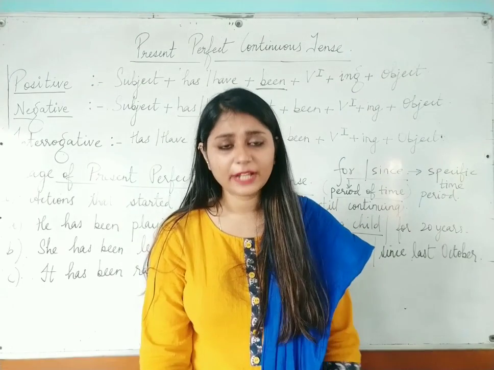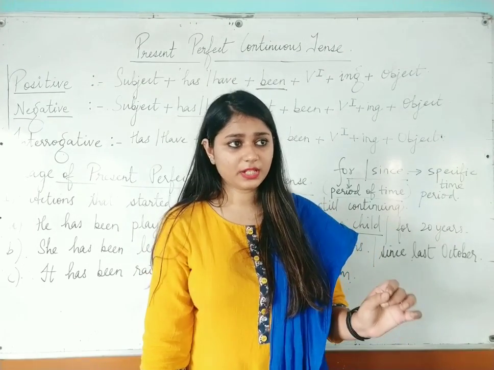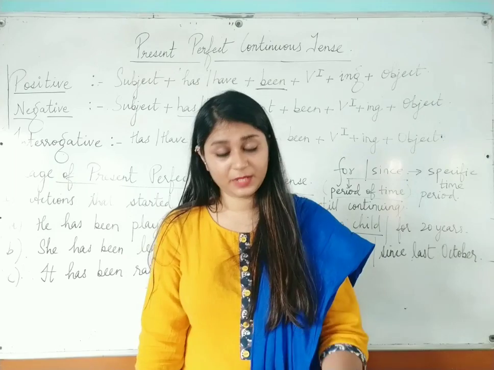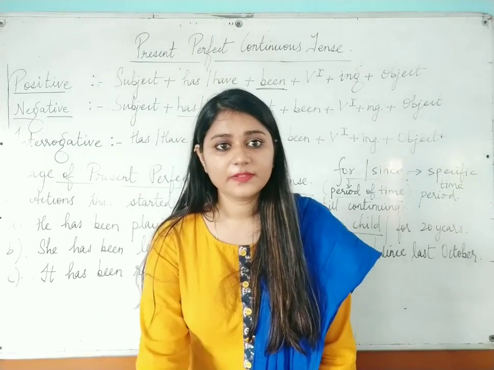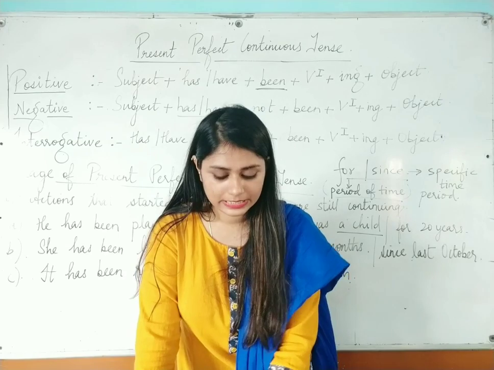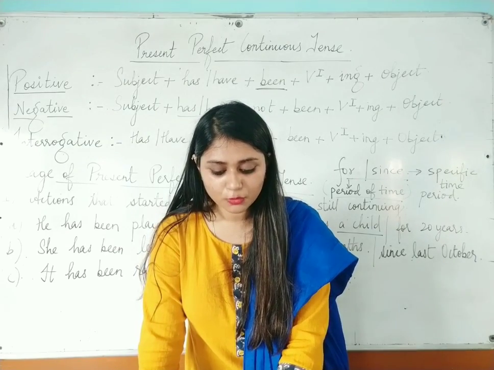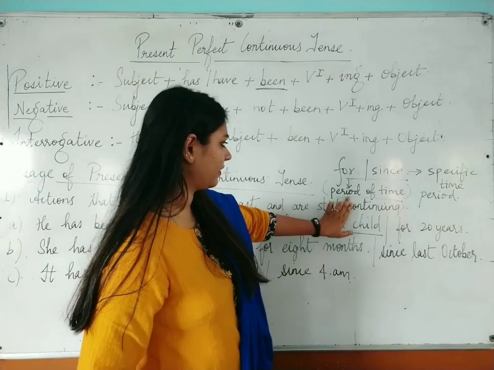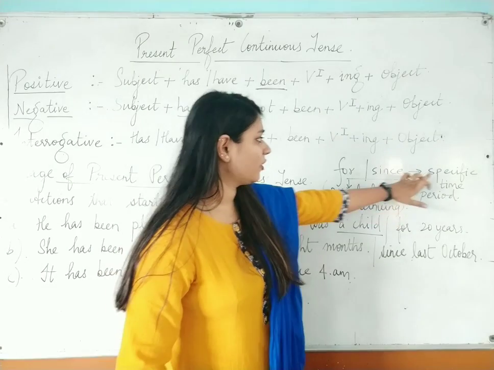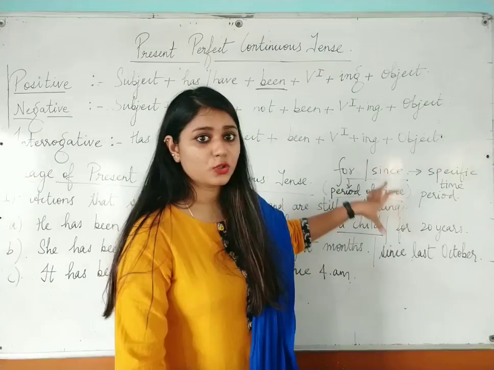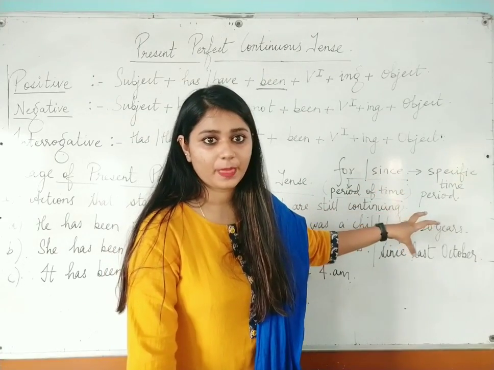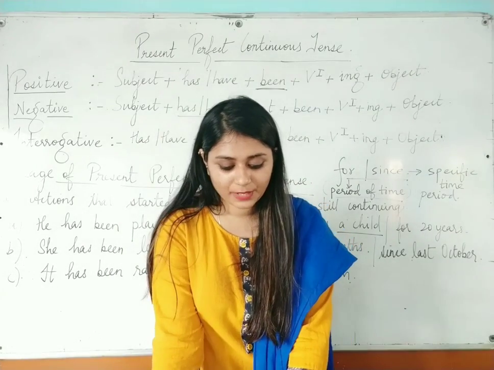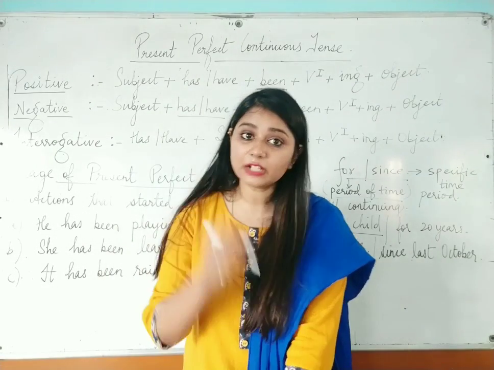Okay, one thing I would like to tell you, children generally get confused that ma'am, what is the difference between present perfect tense and present perfect continuous tense. So I would like to tell you that the difference between present perfect tense and present perfect continuous tense is that present perfect continuous is used to highlight the duration of an activity. Duration of an activity, why am I saying this? Because you are using for and since. Moreover, you are specifying the time. So you are more focused on the time, at what time that action has taken place, okay, rather than the result. And present perfect tense is used to focus on the result of an activity.